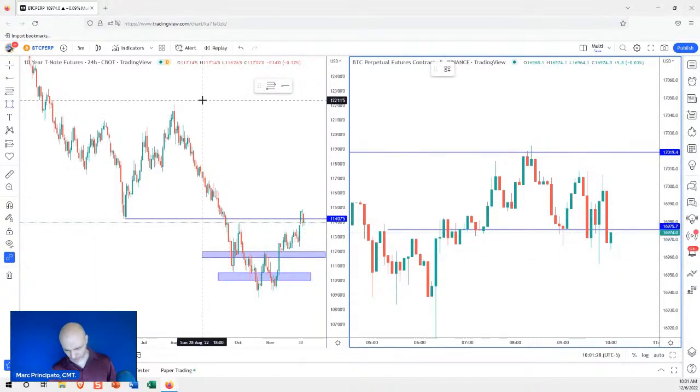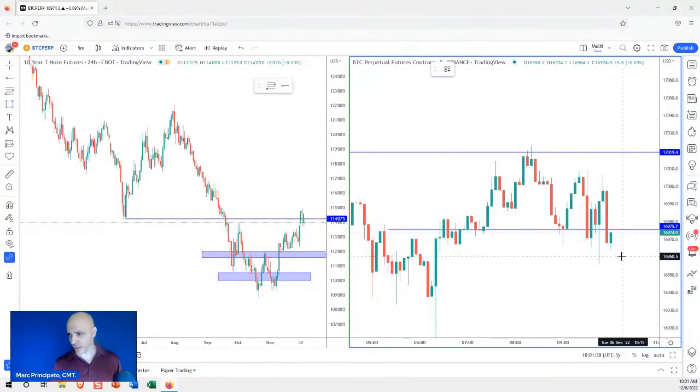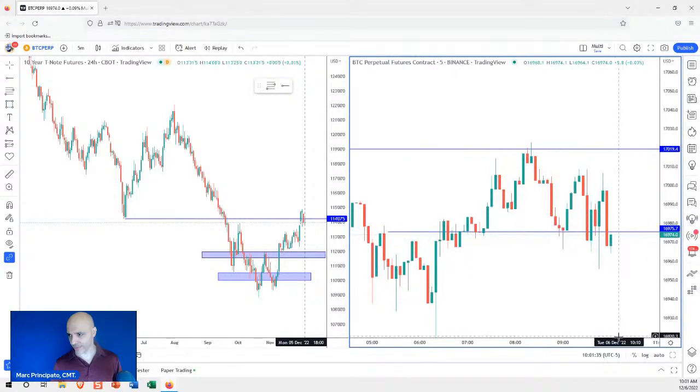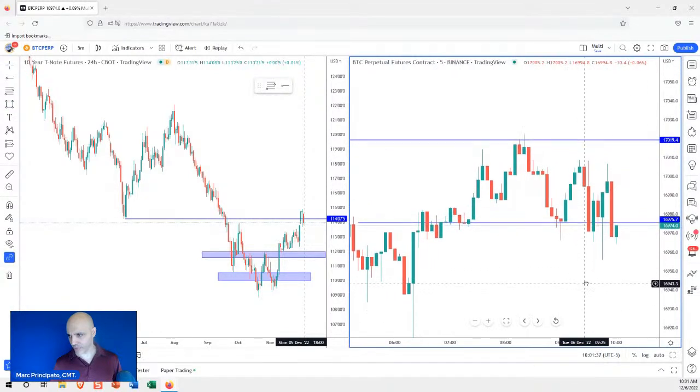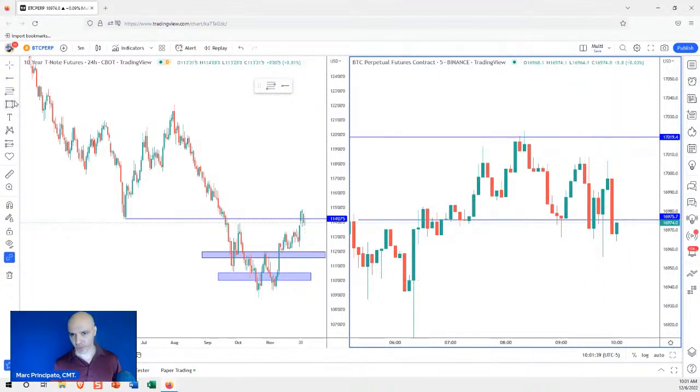Now we're coming up into just after 10 o'clock. A lot of times news comes out at this time. I don't think we have any news scheduled for today. This week is pretty light on the news front in terms of things like manufacturing or CPI and all that stuff. Besides yesterday, I haven't seen much of anything else. So we'll see how this behaves, but I'll be honest with you, I don't like this area too much. So for this example, I'm going to wait for a better price.